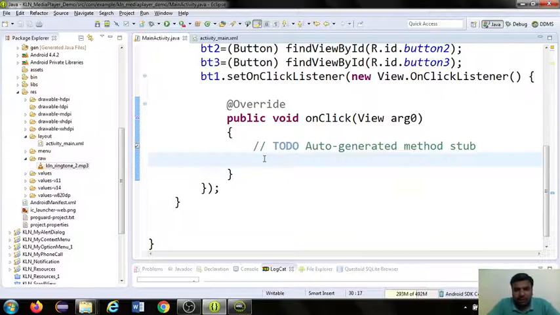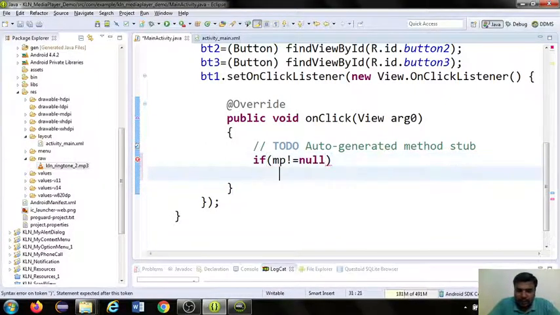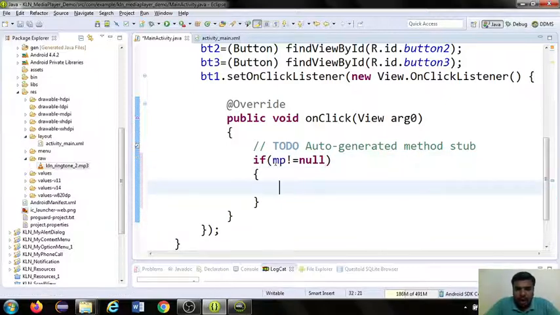So what is our business logic? First of all, you have to check whether the media player object is having any resource or not, which can be checked by using if logic. If mp not equal to null, which means the media player object is not null, in the sense our media player object is holding some resource, so you have to release that resource and make your media player object free.